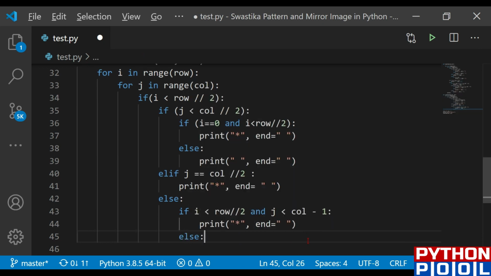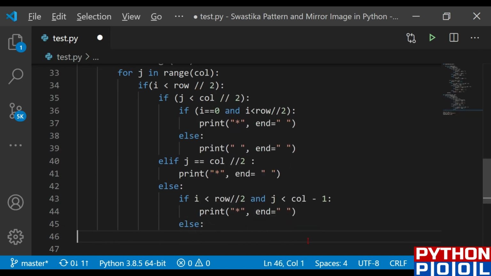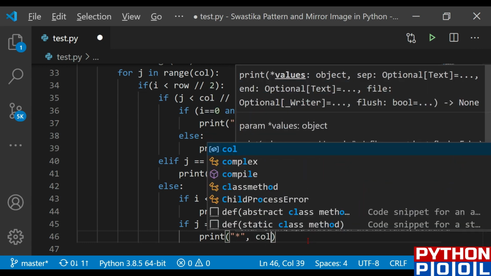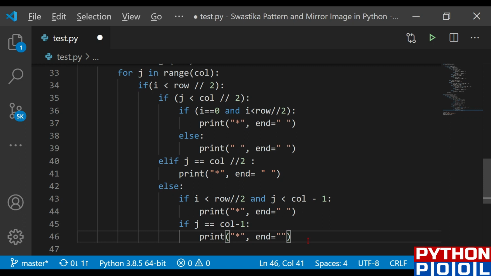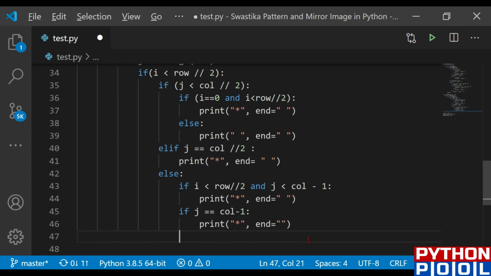Then I'm going to call the if condition once again, and if my j is equals to column minus 1, once again I'm just going to print the stars, and print the end as it.